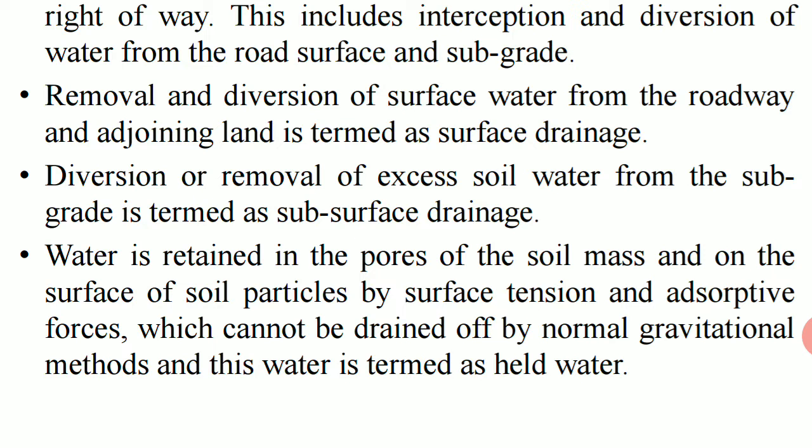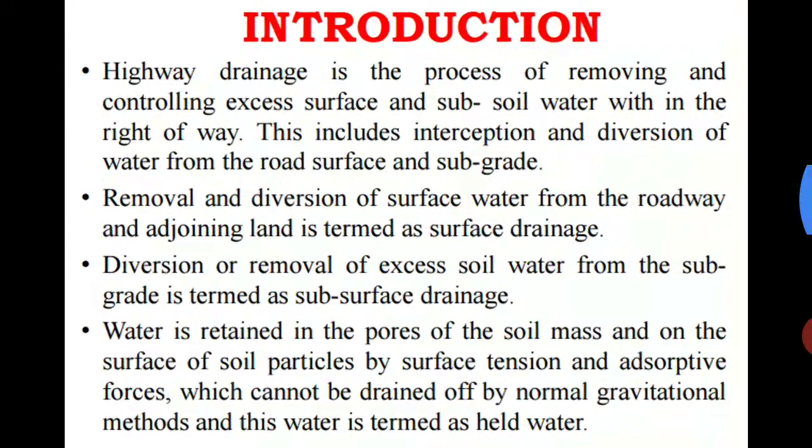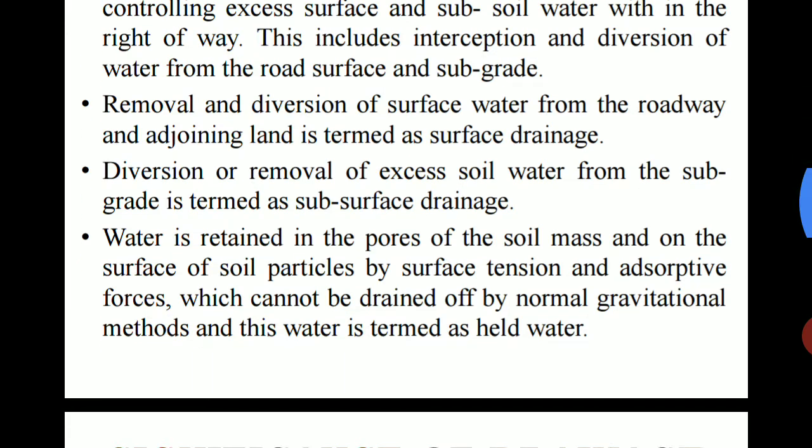So if certain undulations are there, usually crest and trough, in those cases water is retained at a particular place and cannot move from one place to another, since there are improper slopes to drain off that water. So to avoid all these problems, we can provide proper drainage systems, so that it is going to be helpful to avoid further consequences.